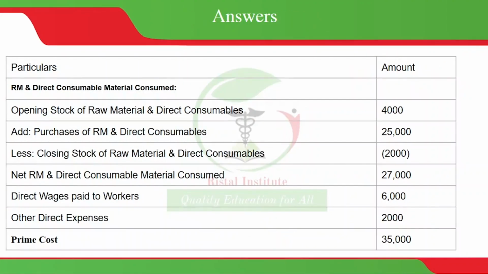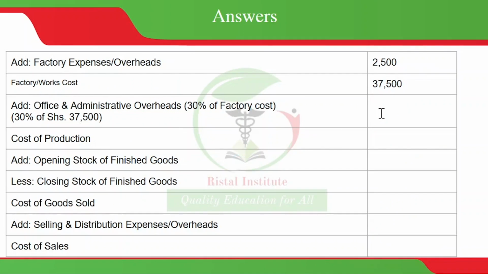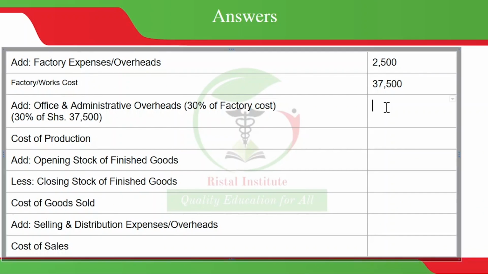So what we are going to do is calculate the figure. They're telling us 30%. What is the 30%? The 30% of our factory cost, it will give us 11,250. So to come up with the cost of production,